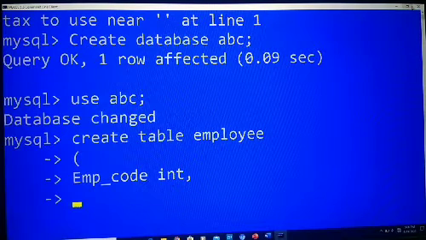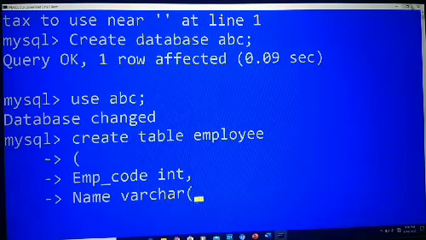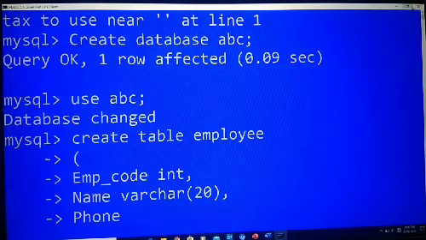Next column is name, varchar, it takes size 20, comma. Next column is phone, data type integer.